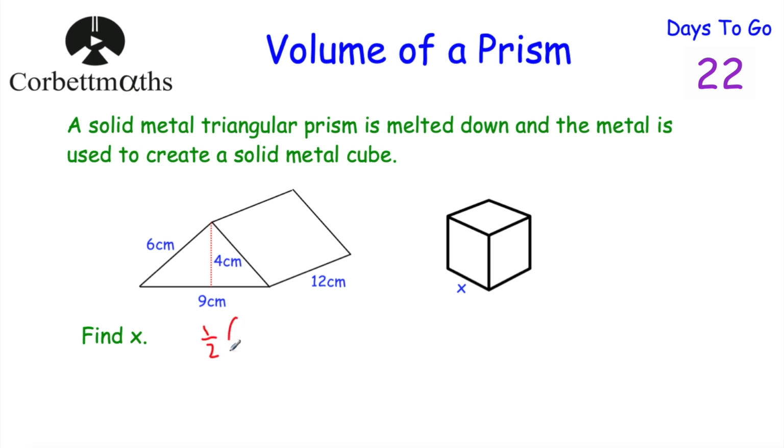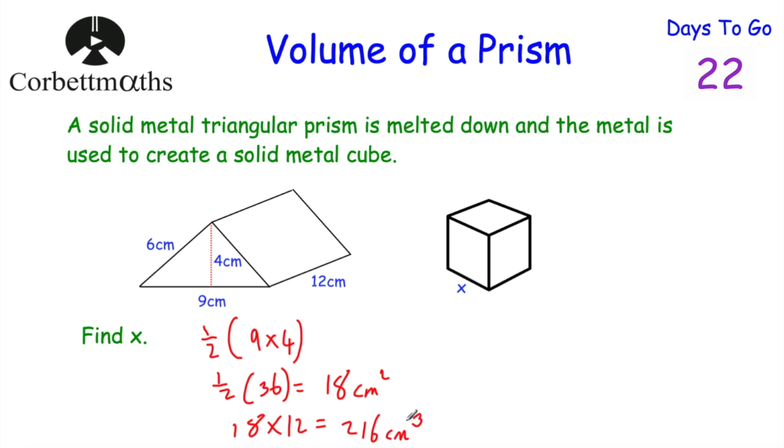So we're going to do half the base times the height. So that's half of 9 times 4. And 9 times 4 is 36. That's a half of 36. And a half of 36 is 18. So that's 18 centimeters squared. So that's the area of the cross section. We now need to times by how long the prism is, which is 12 centimeters. So 18 multiplied by 12 is equal to 216 centimeters cubed. So the volume of this triangular prism is 216 centimeters cubed, and that means it's 216 centimeters cubed of metal,